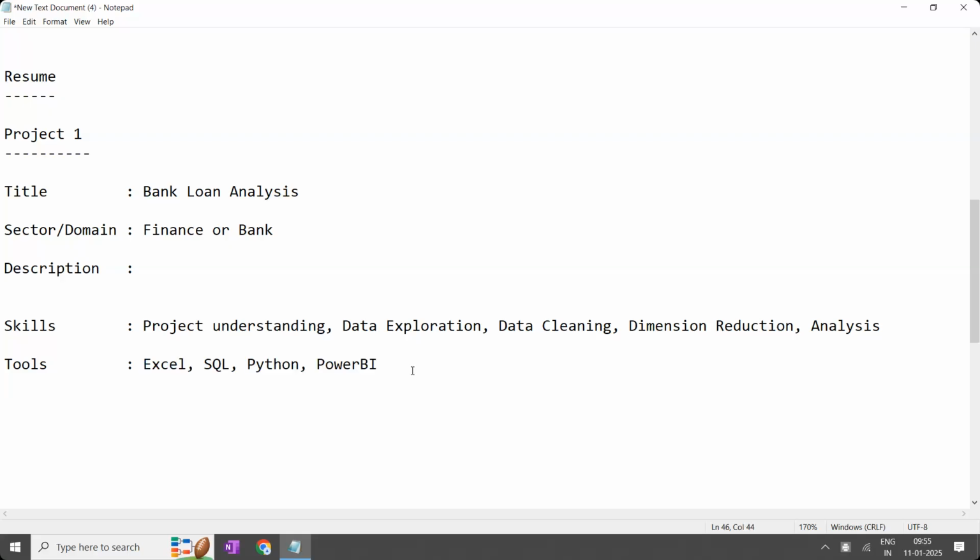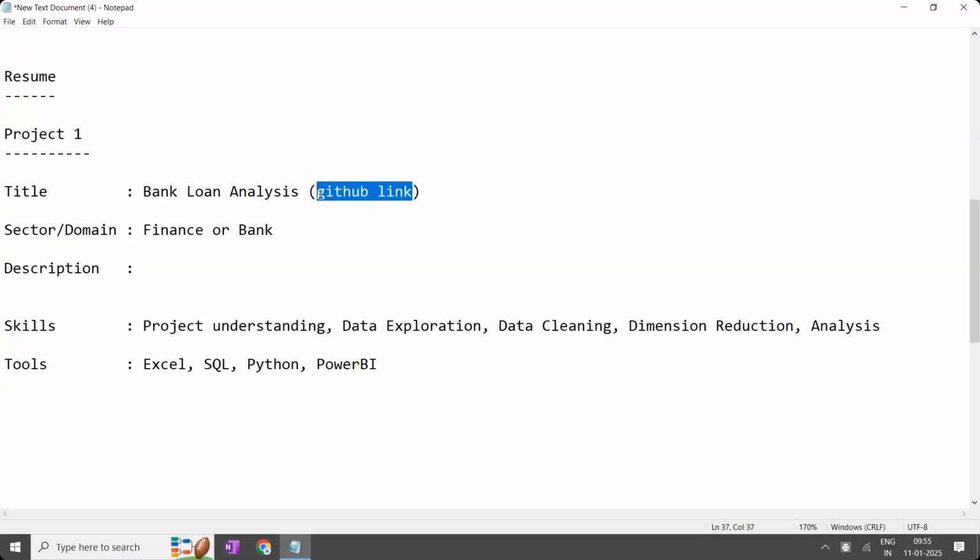And that too, for the project you have done, your presentation will be there. That presentation you have to add as a link. Where should this link go? Git, the GitHub link. You have to add your projects in GitHub and keep that link here as a hyperlink.